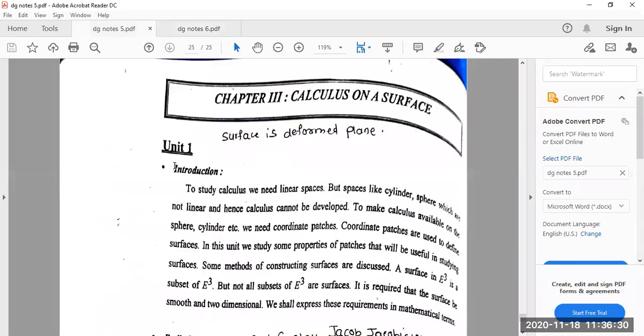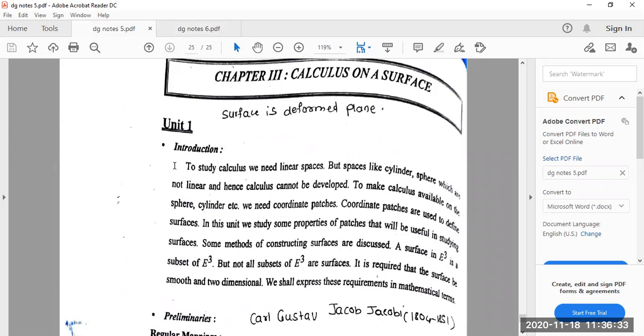Good afternoon, friends. In yesterday's lecture, we introduced our third chapter, that is surfaces. Calculus on surfaces means we are going to study all the properties of surfaces. Rather, we are going to study only the smooth surfaces. With the help of calculus, we are going to study those properties of surfaces, just like in the finite apparatus we studied what is radius of curvature, what is curvature,